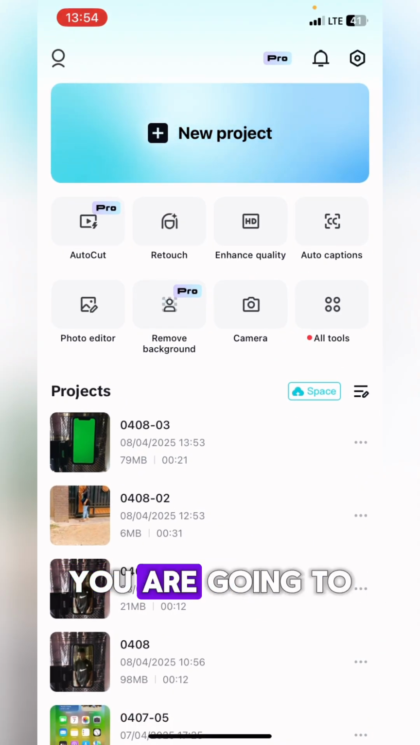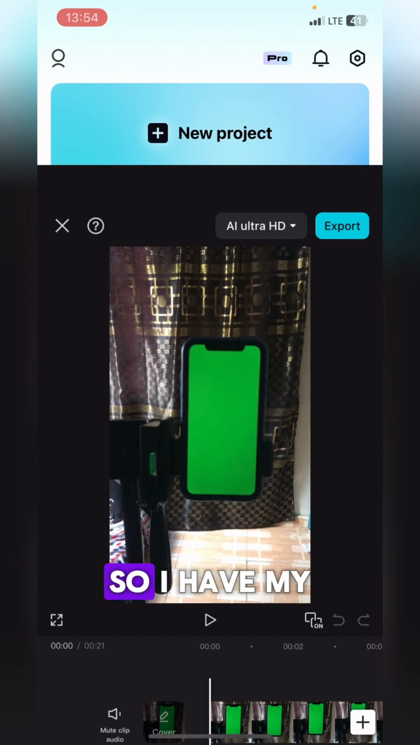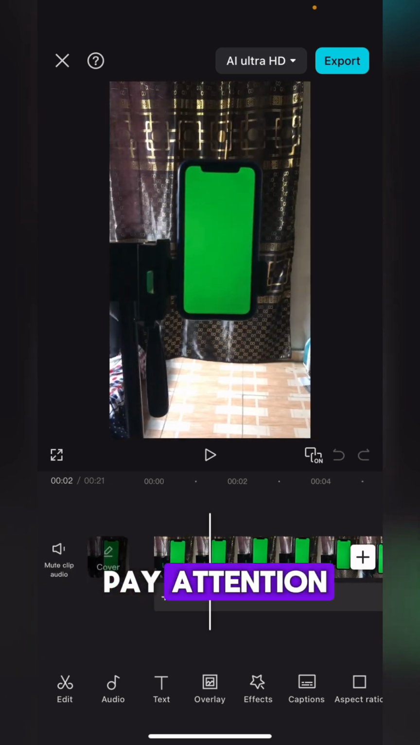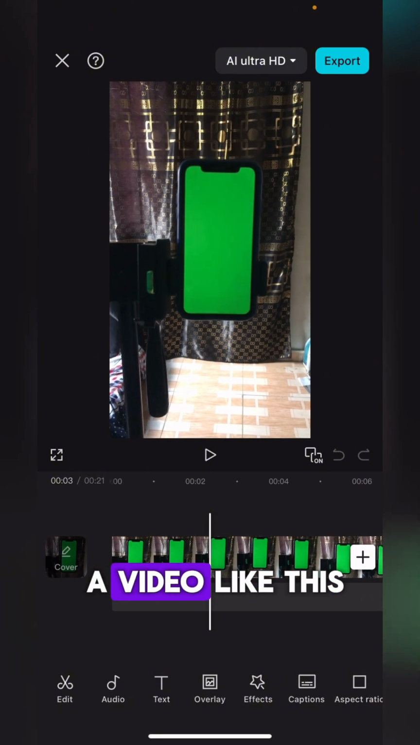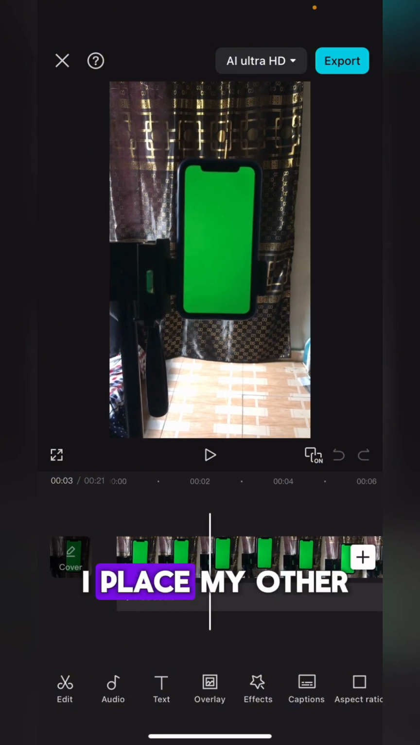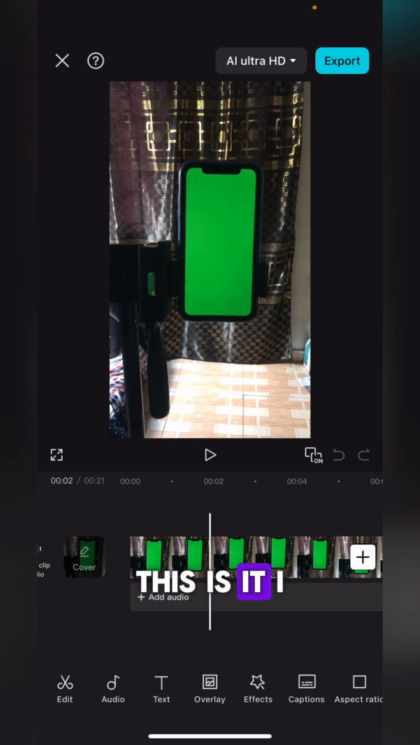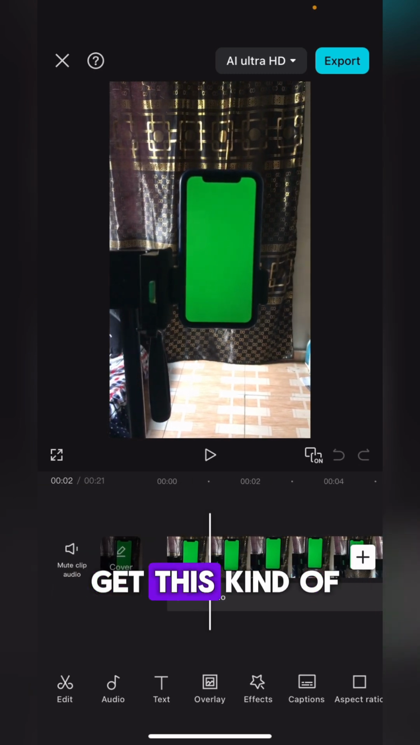So here on CapCut, you're going to go over to new project and select your video. So I have my video here, so please, I want you to pay attention. These are the requirements you need for this video. The very first thing, you need to shoot a video like this. As you can see, I placed my other phone on a tripod, and for you to get this kind of green